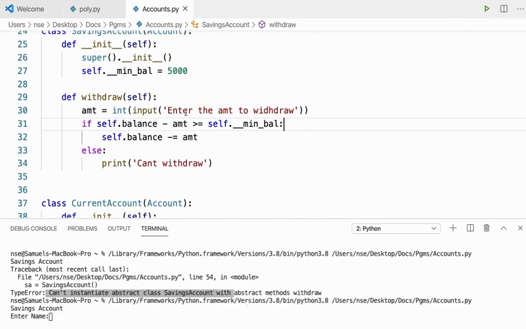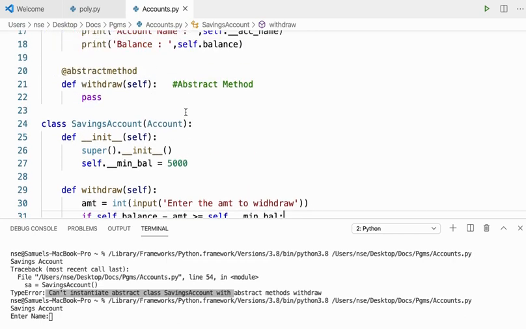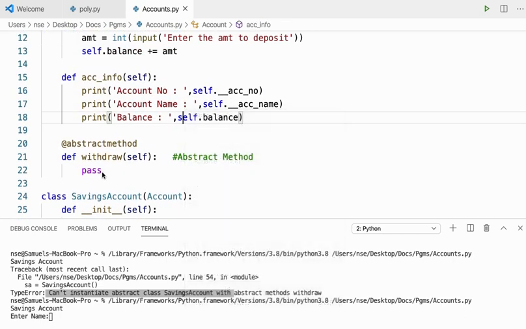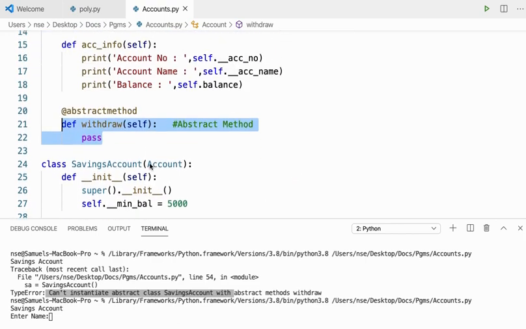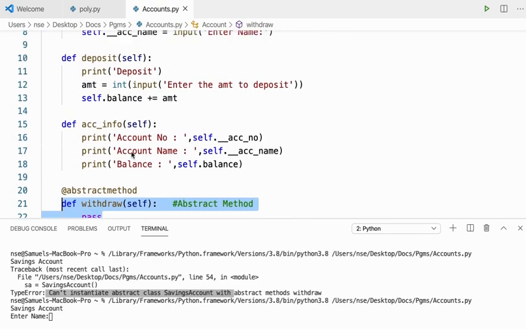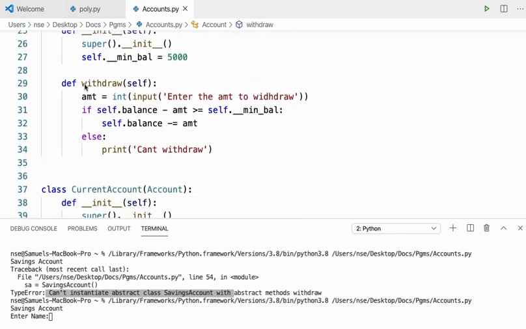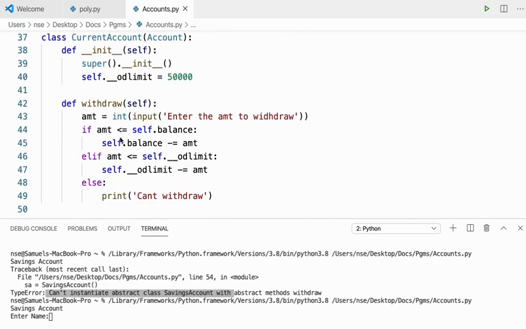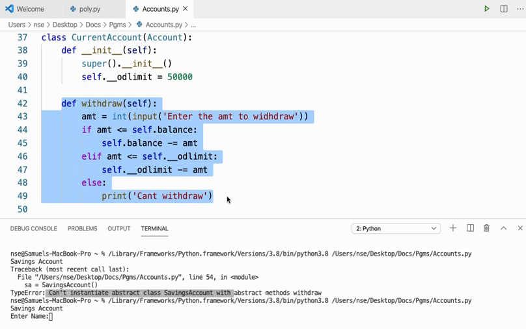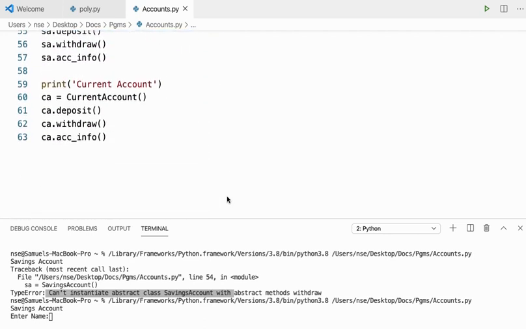Now here it is working perfect. Before it was throwing error because I had an abstract method. If I don't define my abstract method in all my derived classes, right? When I have an abstract method in my base class, that must be defined like this in all my derived classes. If it is not defined, it'll throw me error. You got it, guys? Fine.